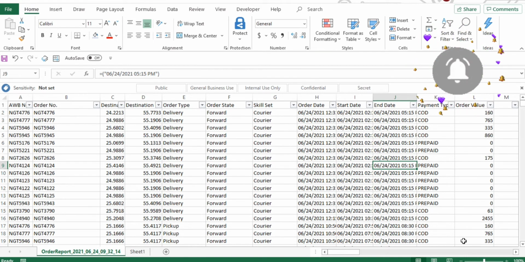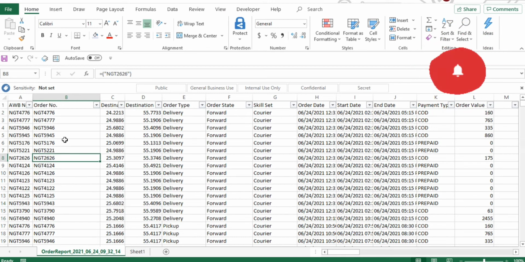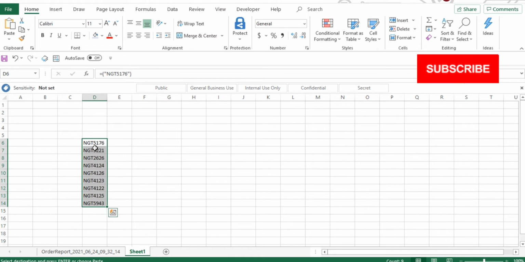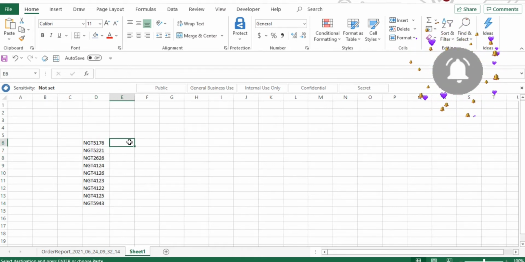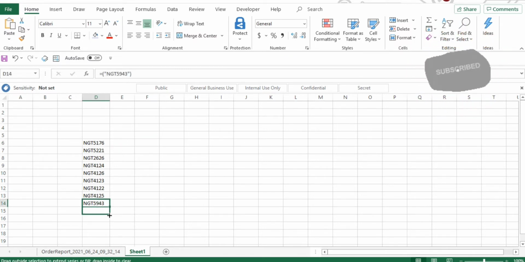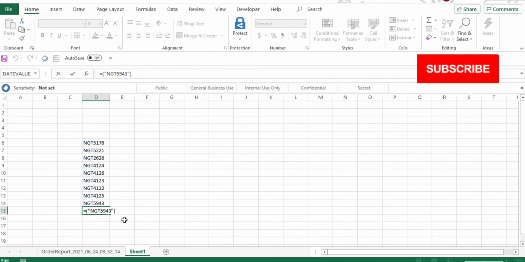This is the master file, with only a couple of orders. For example, I'm copying them over here. I'm just mentioning these are the values we are going to look up. What is the payment type, as well as how much the amount is, that is what we are going to identify.